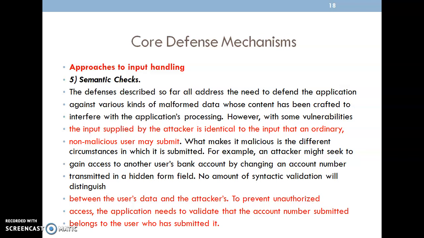So during a transaction, he can provide the account number in a hidden format. That time also the developer can give the data blindly to the attacker without checking his proper credentials. To prevent this kind of unauthorized access, we have to validate the account number by making use of some additional features, like providing an OTP. The OTP will be sent only to the authorized user. So when he provides that OTP, only then can he get the data.